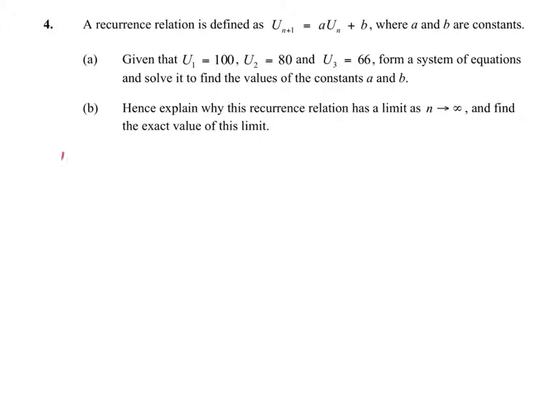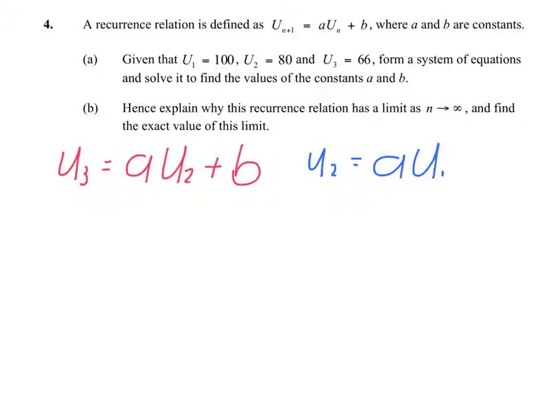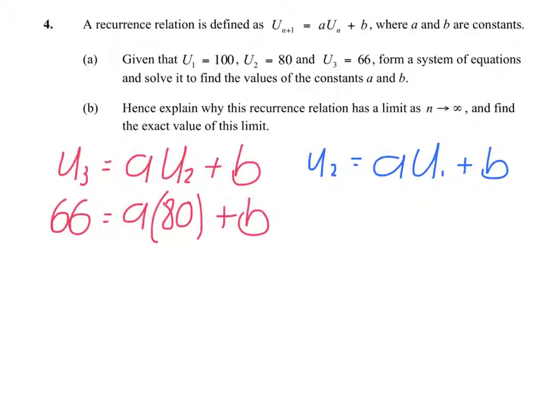First of all, if we use u3 equals a times u2 plus b, we can get an equation because we know u2 and u3. And if we use the other one with u2 at the front, u2 would be a times u1 plus b. That will give us a second equation since we know u2 and u1 also. So u3, which is 66, equals a times u2, which is 80, plus b. And the other one, u2, which is 80, equals a times u1, which is 100,